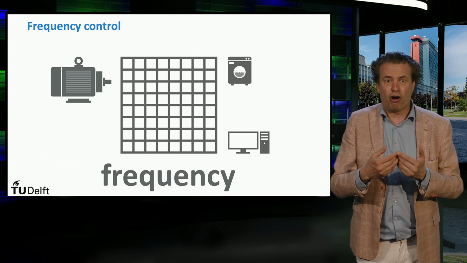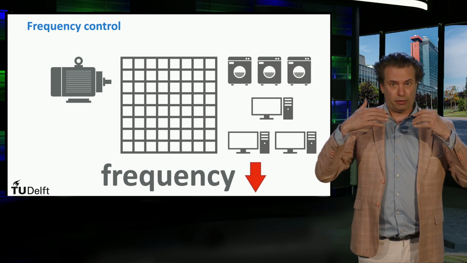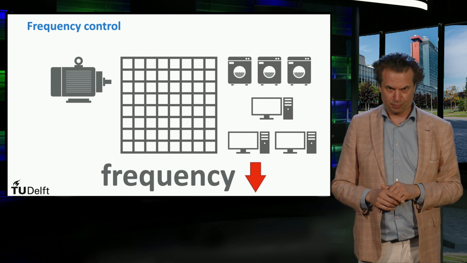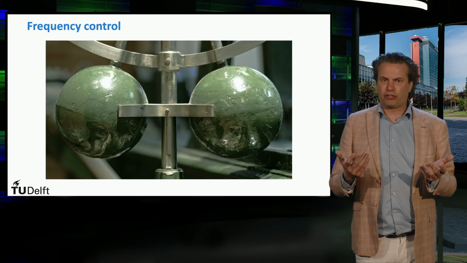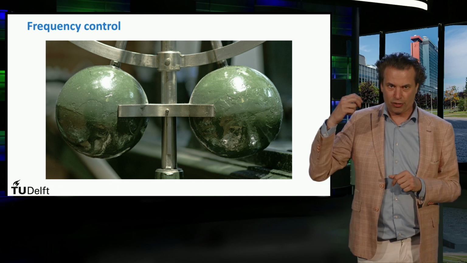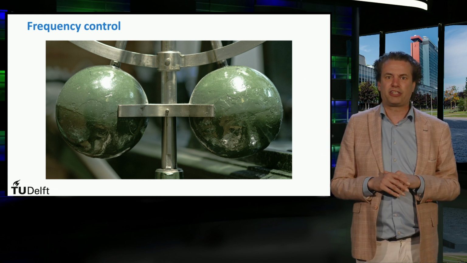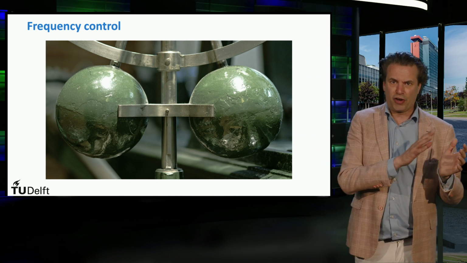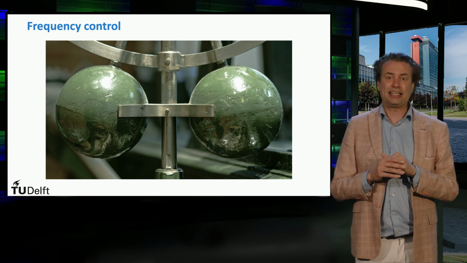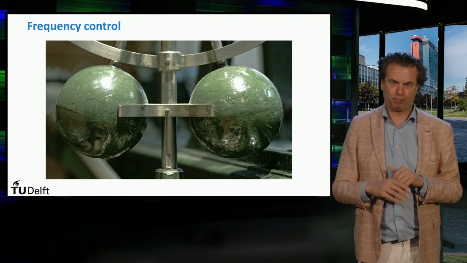An increase of the active power consumption at a certain load point results in a reduction of the frequency in the whole system. The active power balance is restored by the speed governor. This action is called primary control. The speed governor can be set with a frequency power characteristic in order to do so. The frequency power characteristic, or droop, has a negative slope and is expressed as follows.